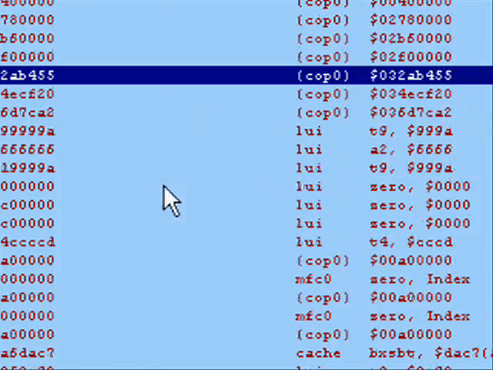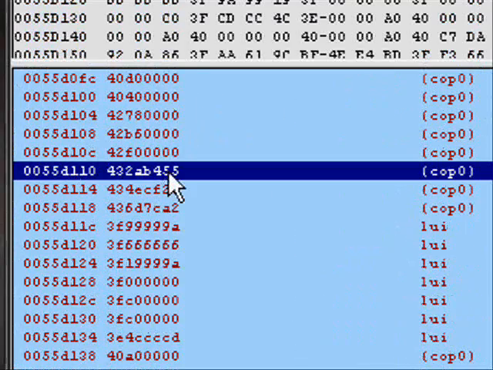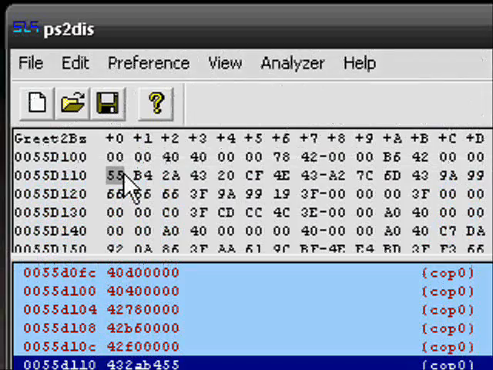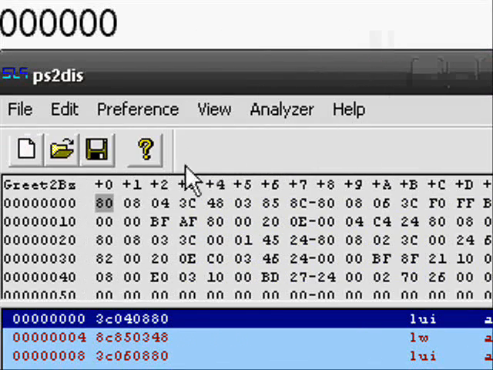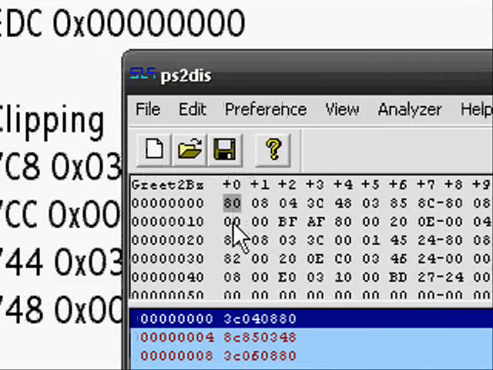Now what it's going to do is jump you to an address, not a ported address, but just an address. Now see how there's the 55 highlighted in gray? You're going to need that number, and the B4, 2A, and 43. The next 6 digits after the highlighted gray, including the highlighted gray ones. So, once you have those, right, you're going to go over to your 1.50 dump, and you're going to hit